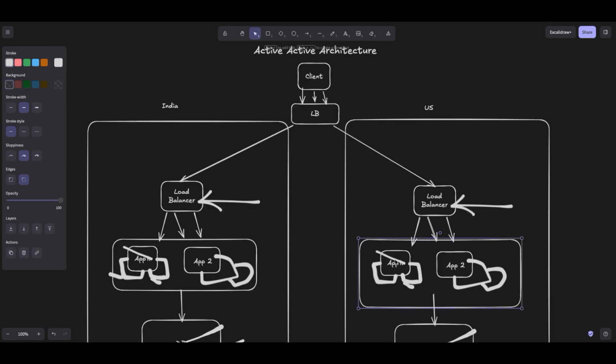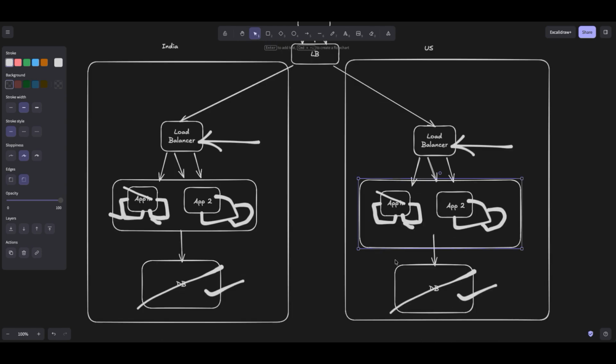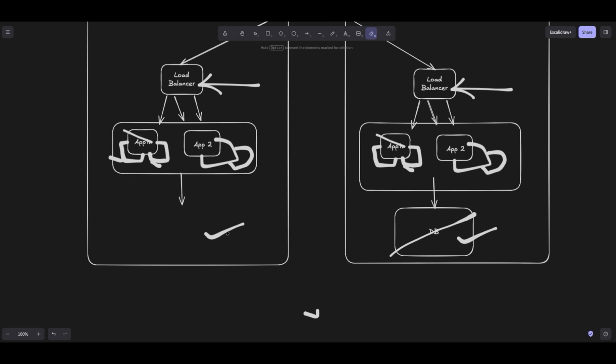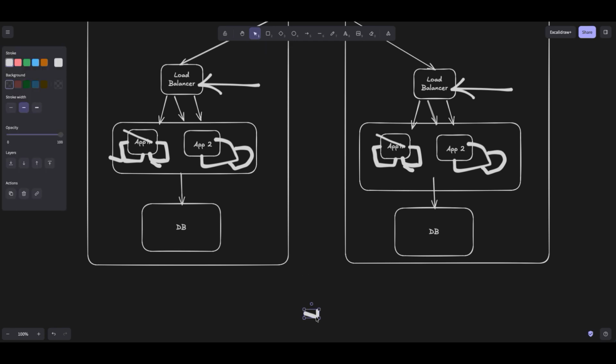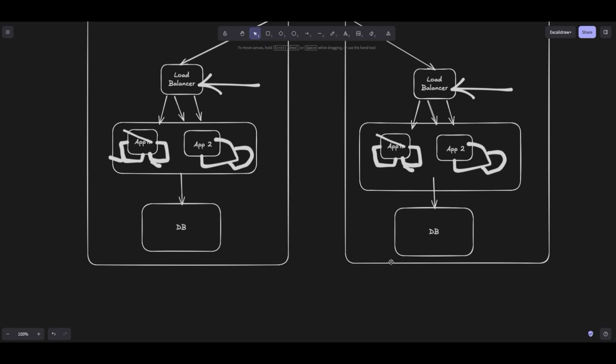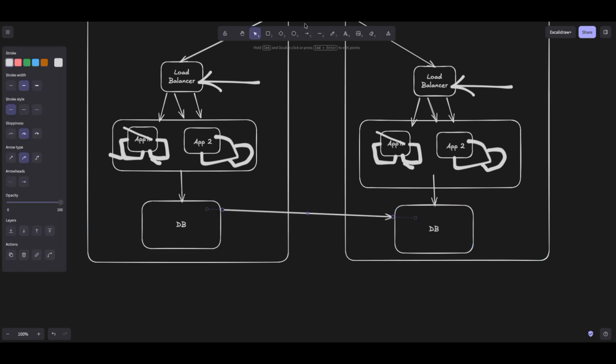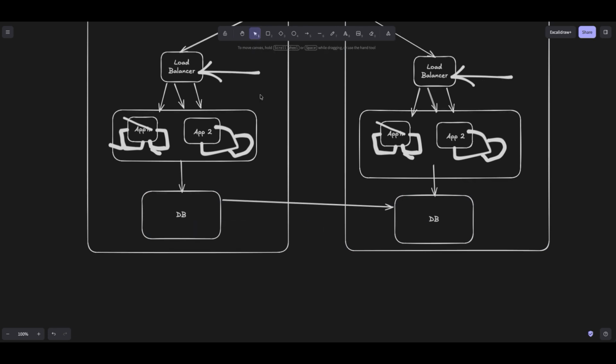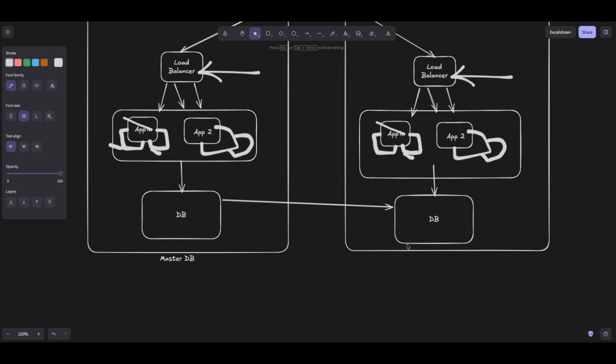Okay, now what does active architecture actually mean? In active architecture, what we are generally talking about is the database. As you can see, we now have two instances of the database running across multiple data centers, and what we don't want is for them to have different data. So the first thing is they will be in sync, and in active there is only one master database. Let's say this is the master one, and this one will be a replica, or we can also call it a read only database, which means